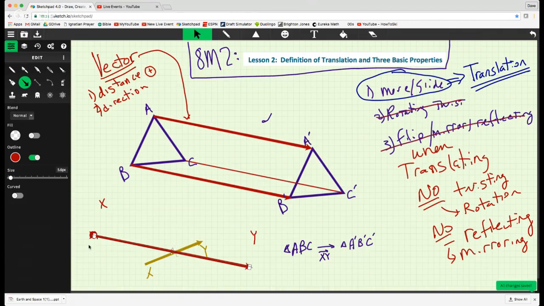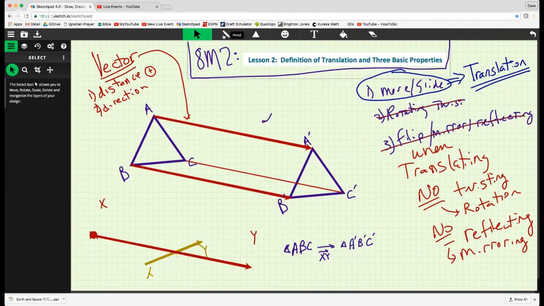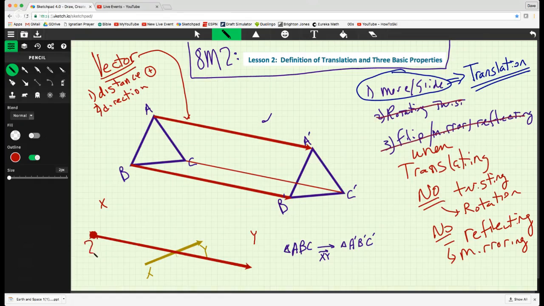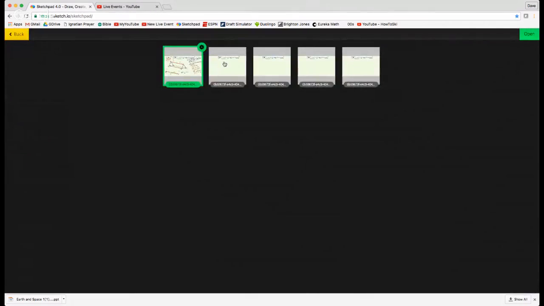And if we call this point point Z, I could translate it along that vector and get a point Z prime. And that's the same distance and direction as B is from B prime, C is from C prime, or A is from A prime. So let's use this concept of vectors and translation and move forward and try one more